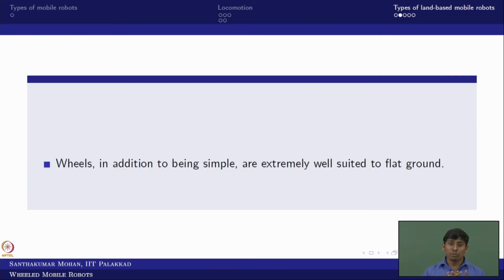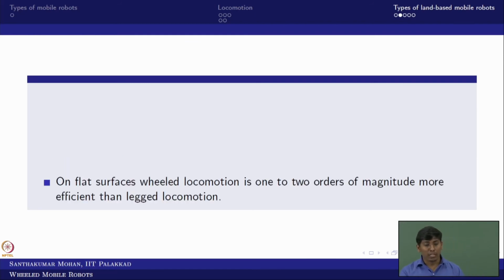The wheels, in addition to being simple, suit most engineered environments, what you call artificially made, for example this surface, which is flat, right? You are not required to have a leg. So in that sense, wheeled locomotion is extremely suited for real-time engineered environments. Now if I put this wheeled robot in a forest, that is not right, because the forest would be terrain. There legged locomotion may be beneficial, but wheeled is extremely suitable for the engineered environment. That is what I mean to say.